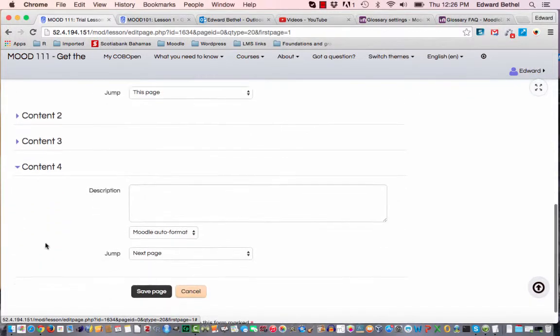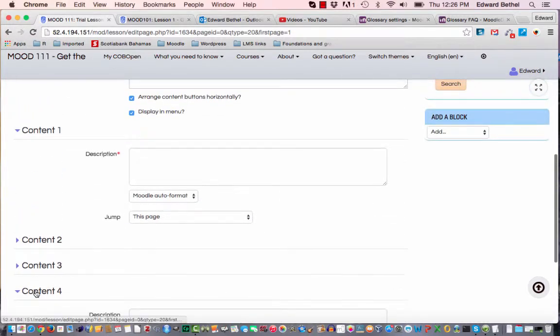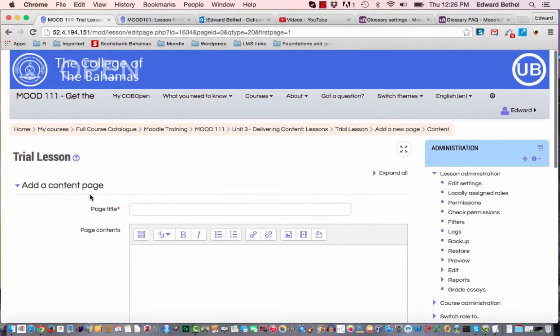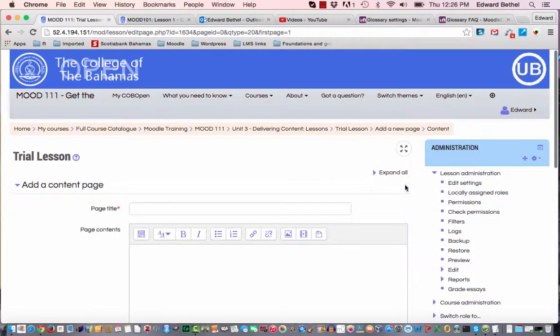Only 4 options are given here. When we actually set up the lesson, that's one of the things that you can set up, and you can add more if you need to. 4 is the default value. So let's just put in